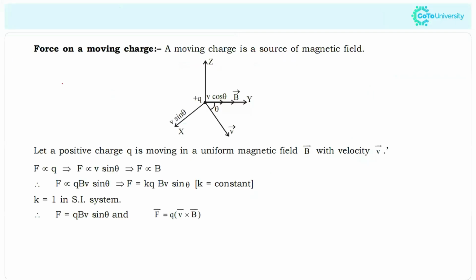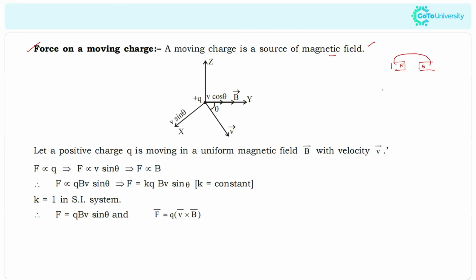So first we are going to study the force on a moving charge. Before that, I'm just going to explain briefly about the magnetic field. So what is meant by magnetic field? Magnetic field is nothing but the field around the magnetic material, right? And we know that the magnetic field is represented by magnetic field lines, and the poles of a magnetic field are north and south, right? And it's known that the magnetic field always starts from north and ends at the south, right?